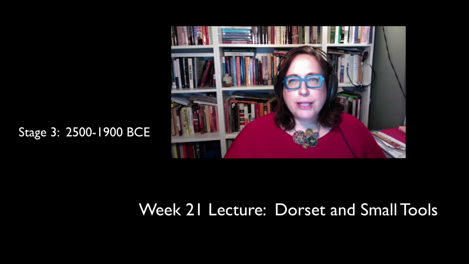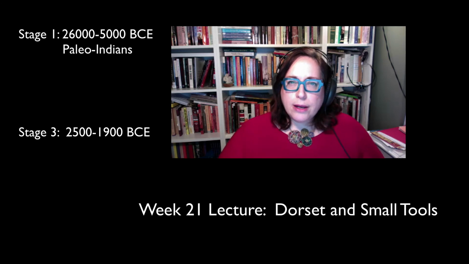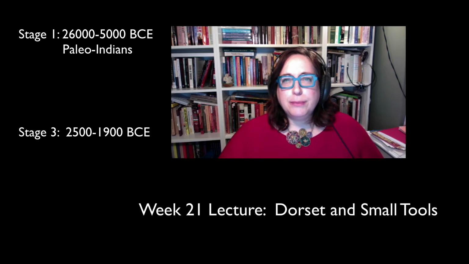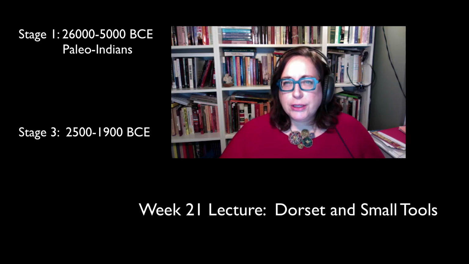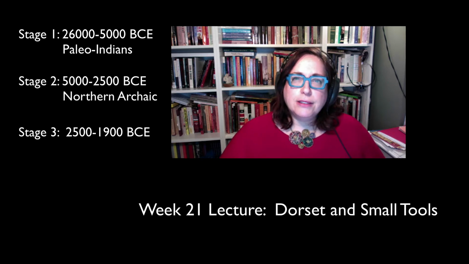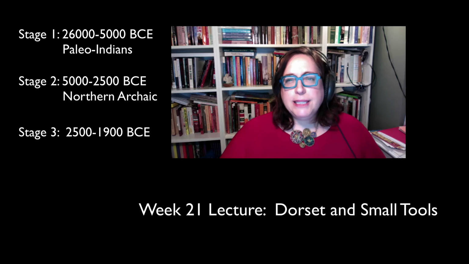So stage 3 is roughly 25,000 to 19,000 BCE. So remember that stage 1 started roughly about 26,000 years ago, or 26,000 BCE to about 5,000 BCE. That looked at Paleo-Indians, also called American Paleo-Arctic tradition. Then stage 2, which was roughly 5,000 to 2,500 BCE, and that looked at the Northern Archaic tradition. In stage 3,